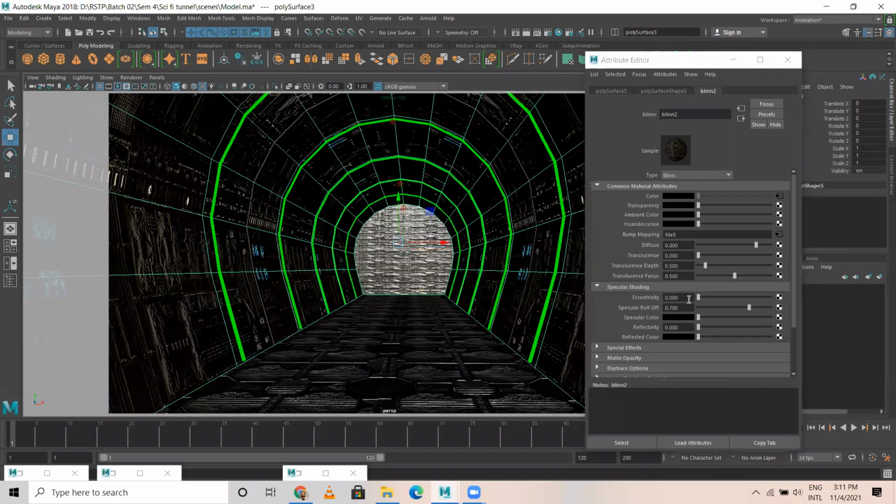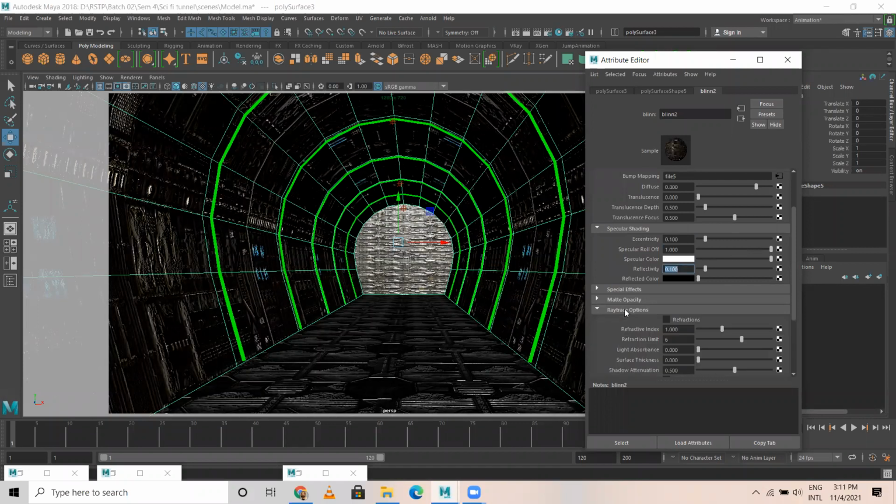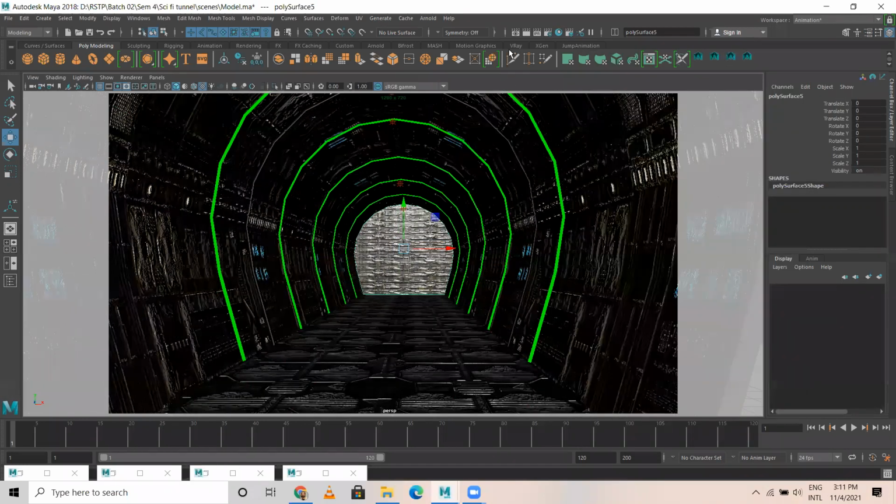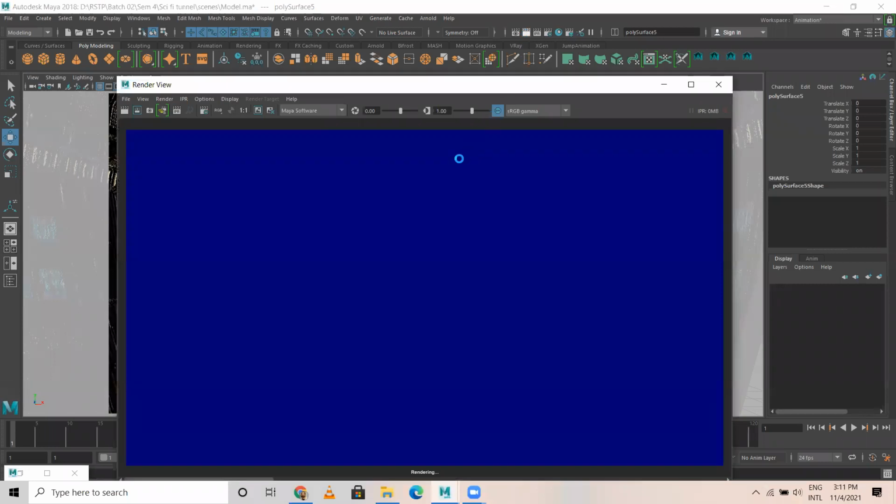Similarly for the next, eccentricity 0.1, specular roll off 1, specular color white, reflectivity 0.1. And under ray trace, switch on refraction for each. In all 3 materials, these are the changes I have done. Now let's take a render. It might take some time, but I think it should be a proper production output.